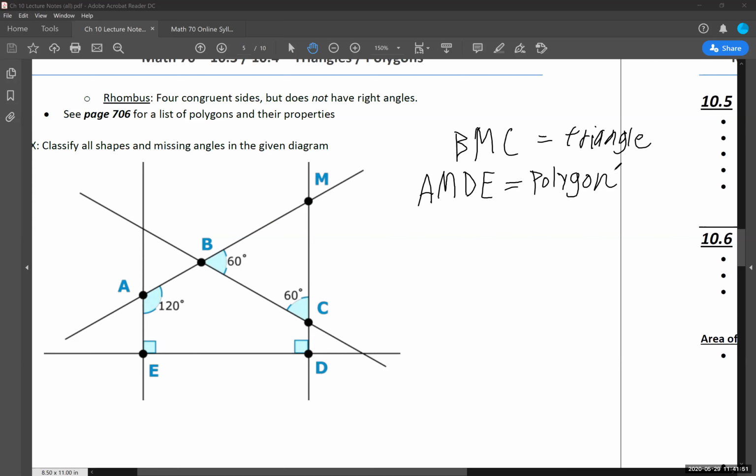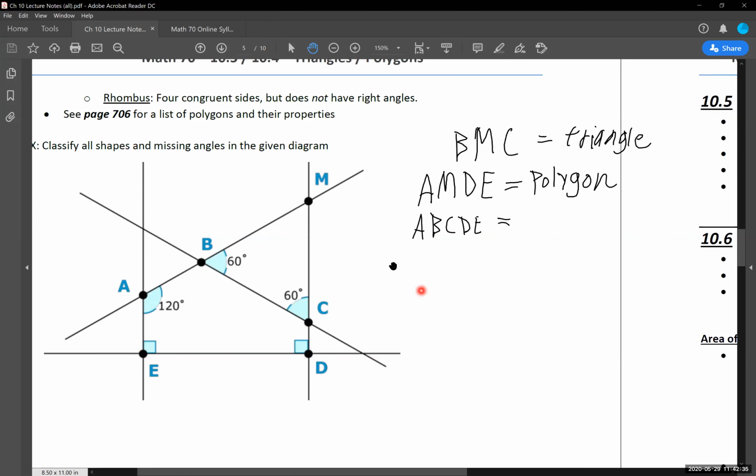And our last shape that we're going to look at is the shape A, B, C, D, E. So again, we're looking at points A, B, C, D, E. Now this is one where if we have this list of polygons up for ourselves, I don't think this one was listed on the list of notes that I have here. We're saying, what can we classify this shape as? Okay, it's got 5 sides to it.